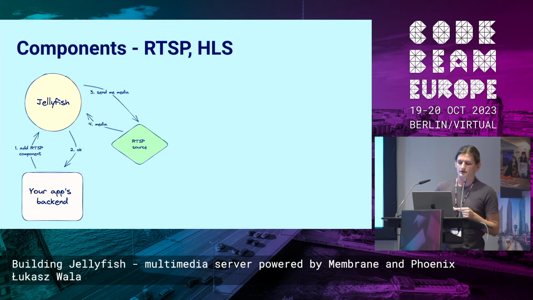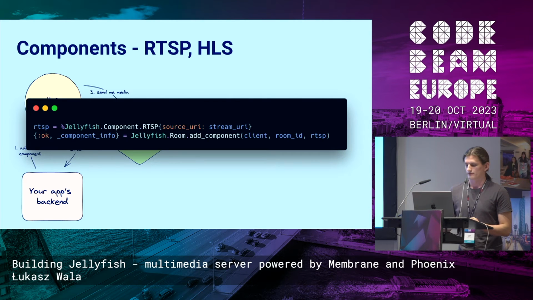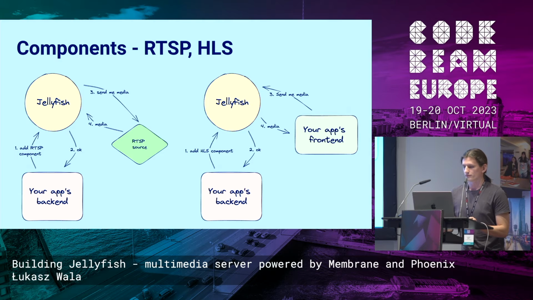You can add the RTSP source, and using the call to add component function, you have to know the URI of the RTSP stream, and then Jellyfish can use the stream, for instance, to forward it to other types of peers or components. And there we have the HLS component, which can consume other types of streams in Jellyfish and